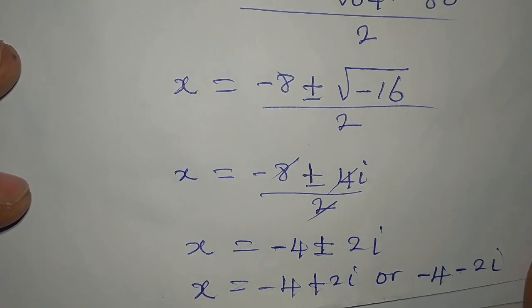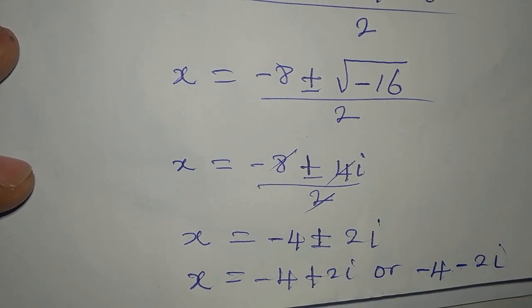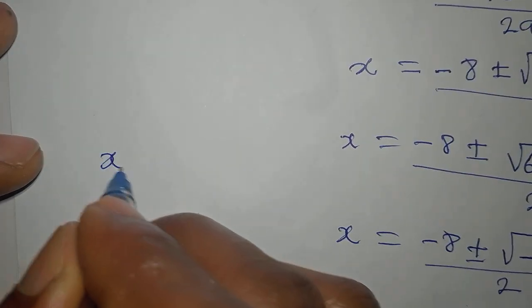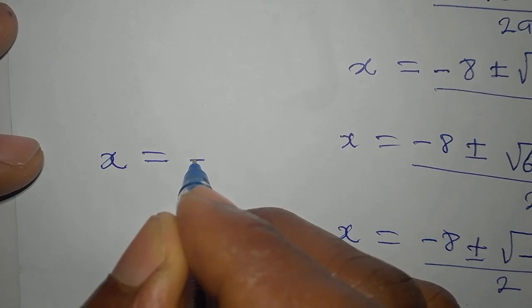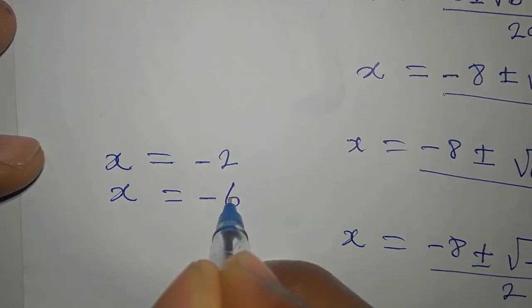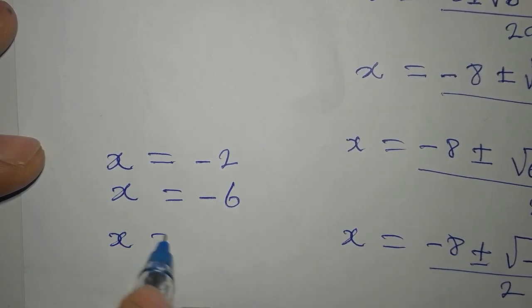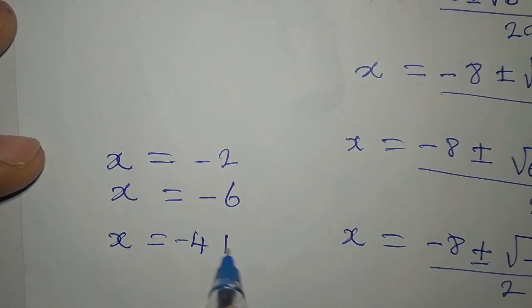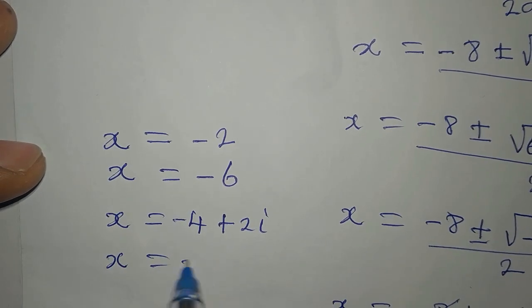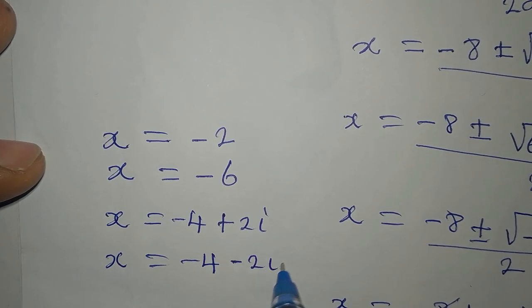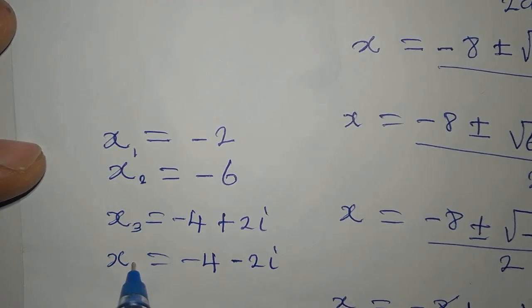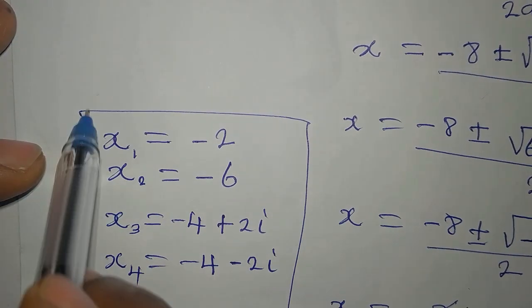So we are going to bring the four solutions together. From what we got before, we got x equals minus 2. We also got x equals minus 6. And now we got x equals minus 4 plus 2i. And then we have x equals minus 4 minus 2i. So this is our x1, our x2, x3, and x4. These are the four solutions